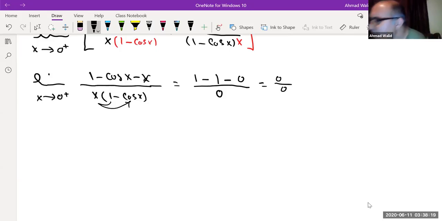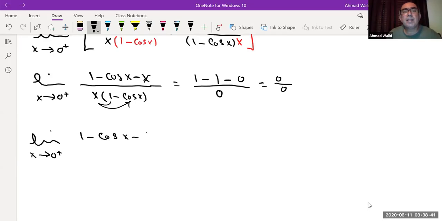You can use the product rule right now, or the easier way is to first distribute. You may again end up using the product rule in the denominator. Limit of x approaching 0 from the right, keep the numerator 1 minus cosine x minus x over, distribute, it gives you x minus x cosine x. Here is the part when you do the L'Hopital's rule, you have to apply the product rule here, correct? Then L'Hopital's rule,